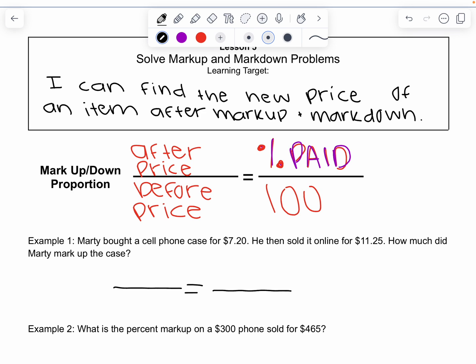It says Marty bought a cell phone case for $7.20. Then he sold it online for $11.25. How much did he mark up the case? So in this case, he had it before for $7.20. That was the before price. And then afterwards, he sold it for $11.25. The 100 goes here. You're going to cross multiply. So go ahead, type that into your calculator. Actually do it. 11.25 times 100 divided by 7.20. And you should get